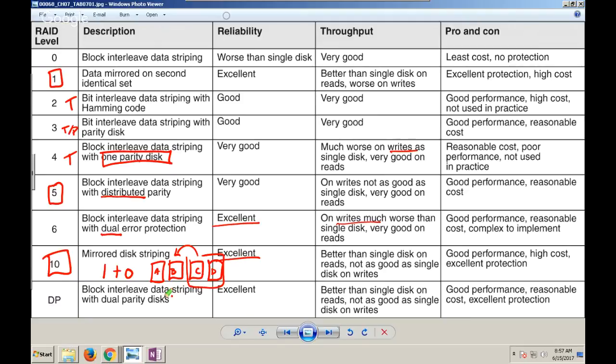But because of that, we have better reads than a single disk. We end up with a little bit of slowdown potentially on writes, but that's going to depend on how many disks are in the array. It's entirely possible that we can end up with several factors of increase in both reading and writing, just not as large. For example, I might end up with 4 times the throughput on writing and 6 times on reading. It's an increase overall, but I do that at the expense of throwing a lot of disks at it and not a ton of storage.